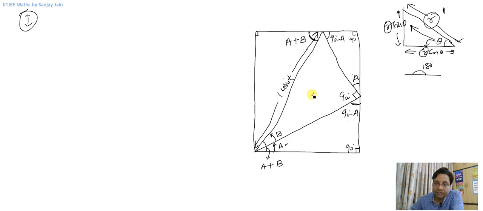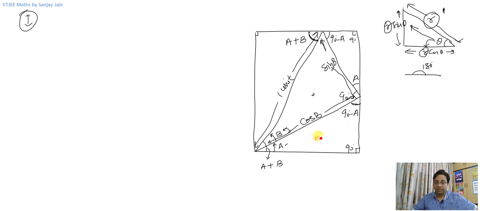Now let us look at this right angle triangle here. The hypotenuse is 1 unit and this angle here is angle B. So what can I say about this side which is adjacent to angle B? That this side will be 1 cos B, so I'll write it as cos B. This side length is cos B, right? And the side opposite to angle B, this side is sin B. Let me write it inside. Sin B. I think there should be no difficulty in writing these values.